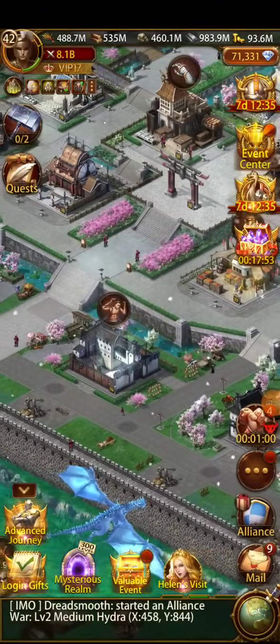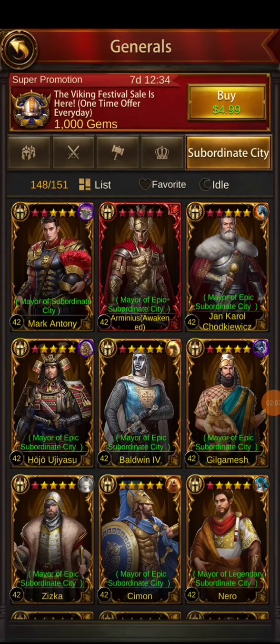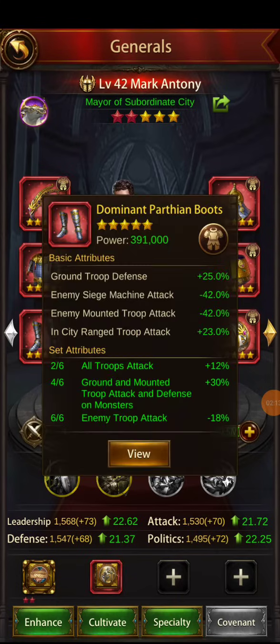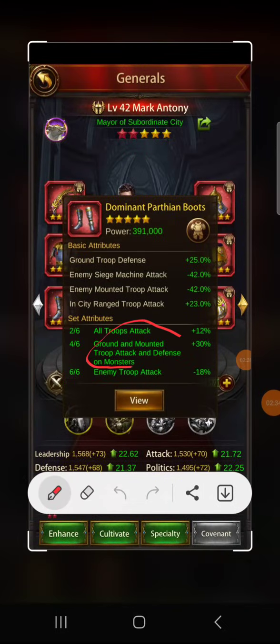So the first thing you want to do with these smaller keeps is go to my sub generals first. You want to have your sub generals like this. You want to have all Aki gear, and you want to upgrade it to the Parthian if you can. Try not to mix Parthian and Aki because you'll be missing out on the set bonuses. What I mean by that is these three right here down in green. Let me circle and show you. If I were to add, you'll see these change right here. Obviously the monster one you don't care about, but the troop attack and the enemy troop